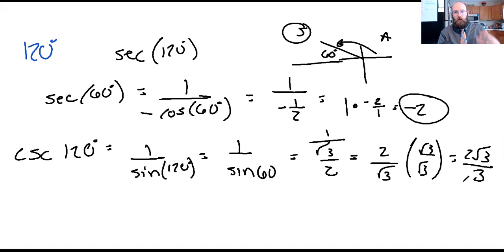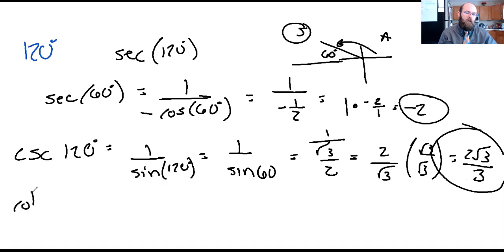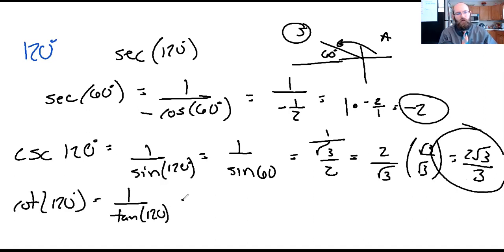You should be working through the problem yourself and trying to fill in the gaps with what I'm showing you. So this is after rationalizing for cosecant. And then let's look at cotangent of 120. So that's 1 over tangent 120. I could also think about this, right? So 1 over tangent is